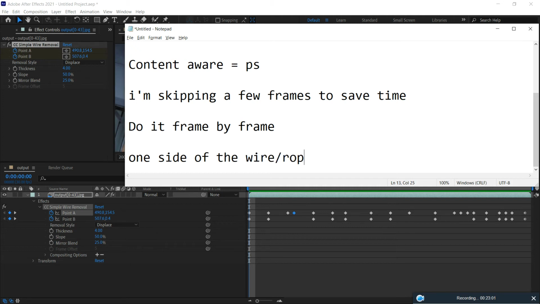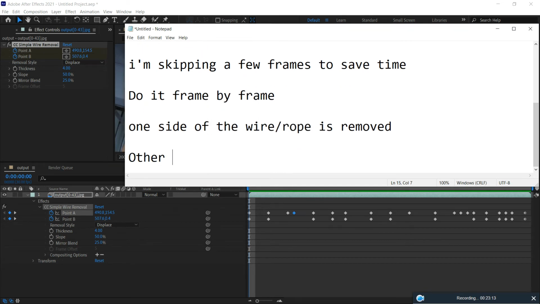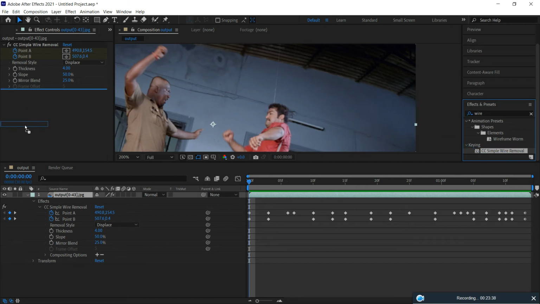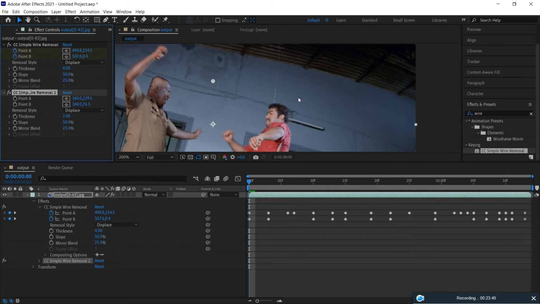So the wire or the rope is removed in one side. So focus should be shifted on the other wire or the rope. Let's see how to do that. See, it's basically the same plugin for the same clip, but it's going to be a different effect. Come to the first frame. You have to be in the 0th frame. Drag this CC simple wire removal and drop it. In this case,